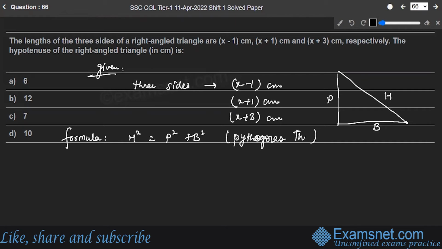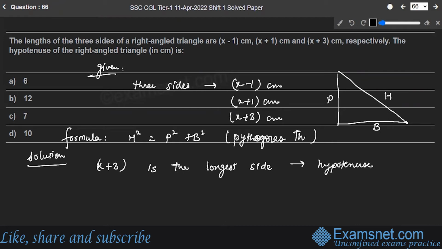Okay. So let's go with the solution part of the problem now. You know the hypotenuse is the longest side, therefore x plus 3 is the longest side, right? Therefore, this is the hypotenuse,